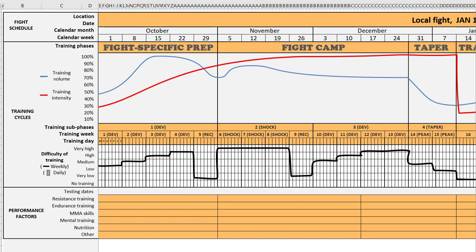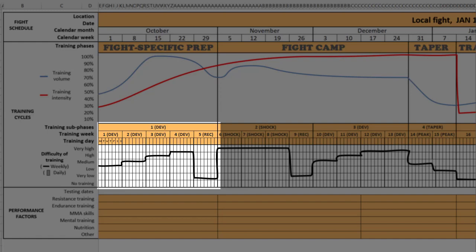Okay, so the next thing I recommend doing is going to the beginning of your fight plan. That's the beginning of the fight specific phase. Now remember, if you're in this 3-month plan, it assumes that you or whoever you're working with is not a beginner and has a solid base of conditioning. For this reason, the first 4 weeks of the 3-month plan schedule a developmental subphase featuring a 4-to-1 loading plan with the training difficulty around medium to high to start with. Now, this ultimately progresses to a very high level of training difficulty by the end of that subphase.